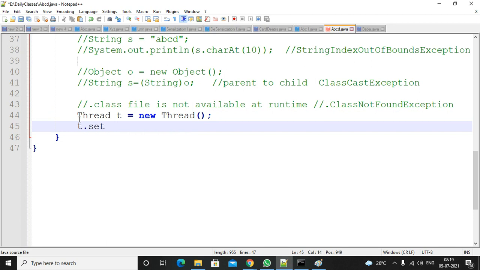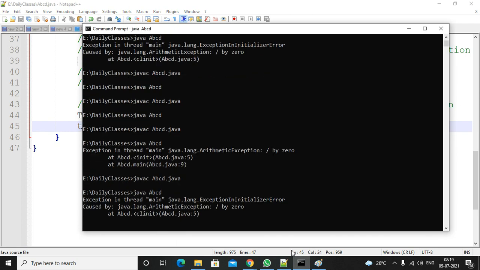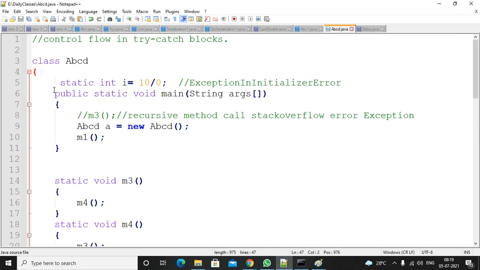For setting the priority, we will apply the setPriority method. If you are crossing this limit, you will get illegal argument exception. Now I am passing 10, so in this case you don't get any error. That is because of the first line, I didn't comment it.